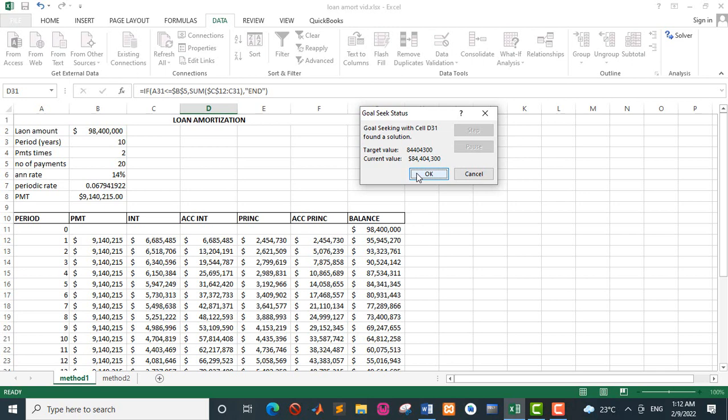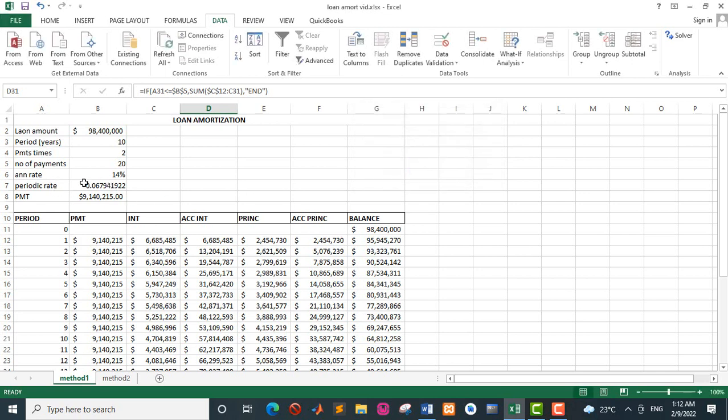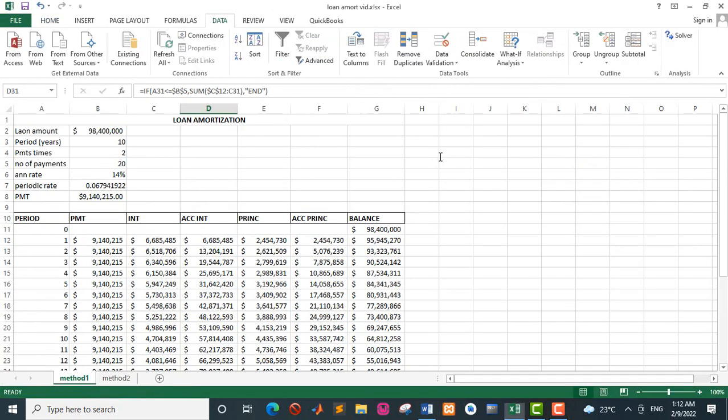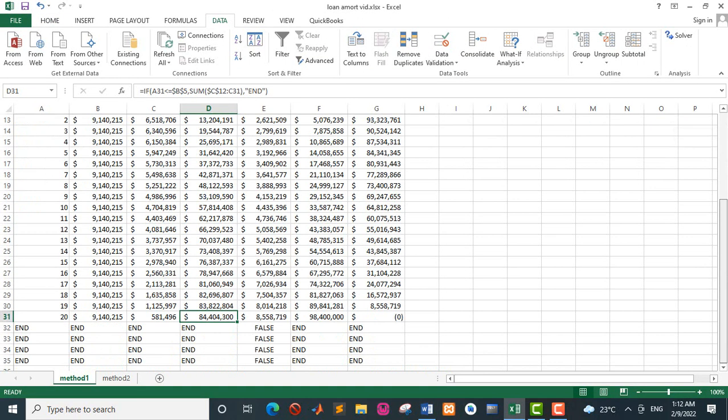then OK. Okay, so our annual interest rate as indicated here is 5%. So it is 14% that gives us that value of